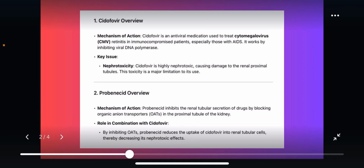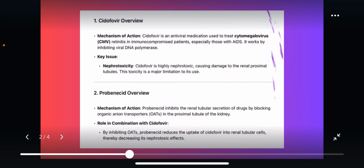The key issue with Cidofovir is that it causes nephrotoxicity, and it's highly nephrotoxic. It causes damage to the renal proximal tubules, and this toxicity is a major limitation to its use. Probenecid, the mechanism of action of probenecid is that it inhibits the renal tubular secretion of drugs by